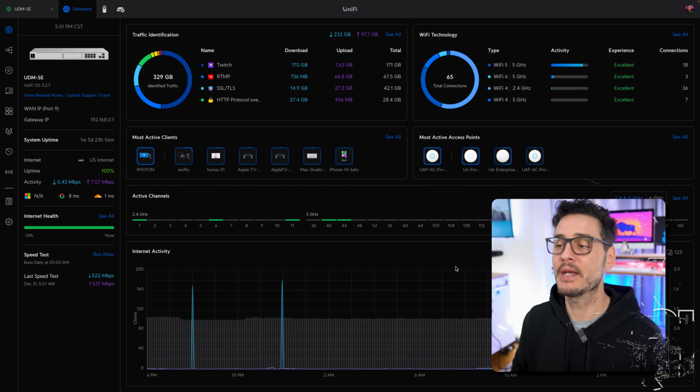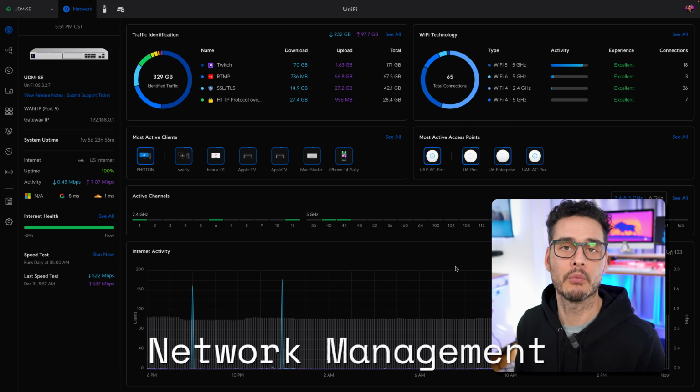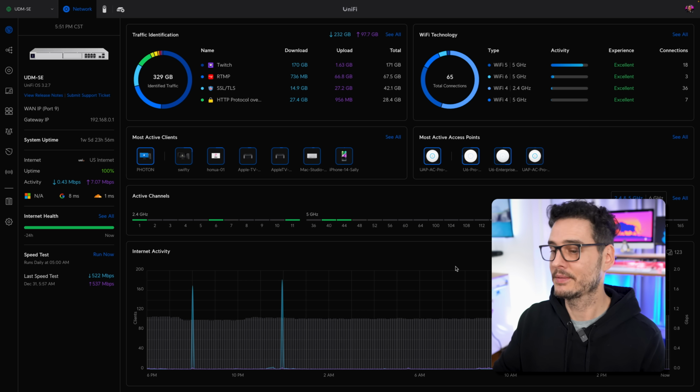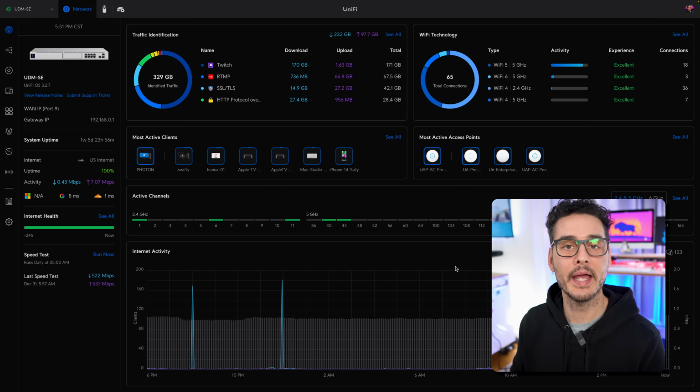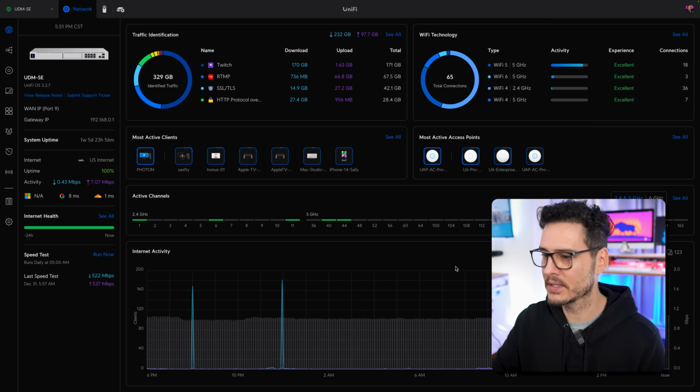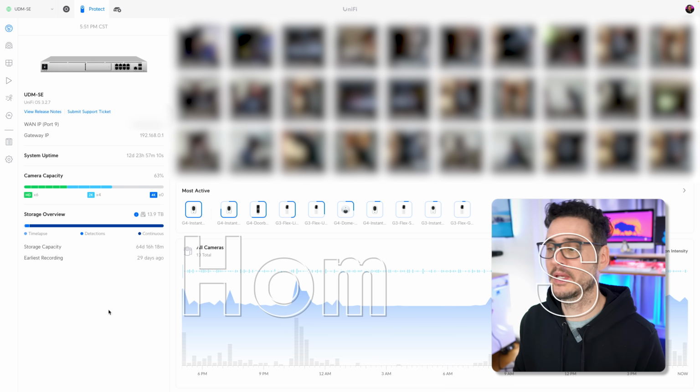For network management, I'm obviously using the Unified Network Controller because I have a lot of Ubiquiti devices. And I choose this because I have the hardware. It's a single pane of glass to manage all of my network, all of my firmware, and even my cameras. And on top of that, their mobile apps are nice, and as you can see, the UI is pretty nice here too. And speaking of cameras,